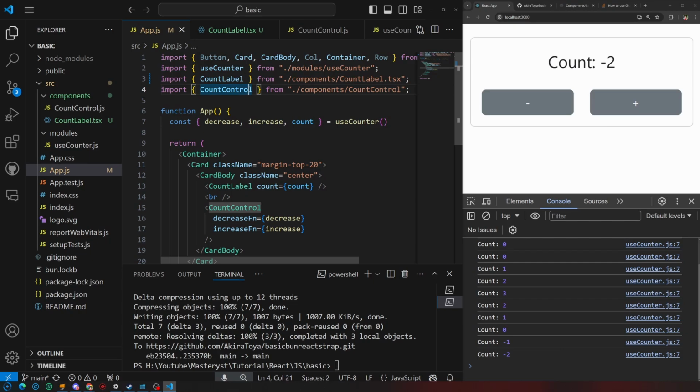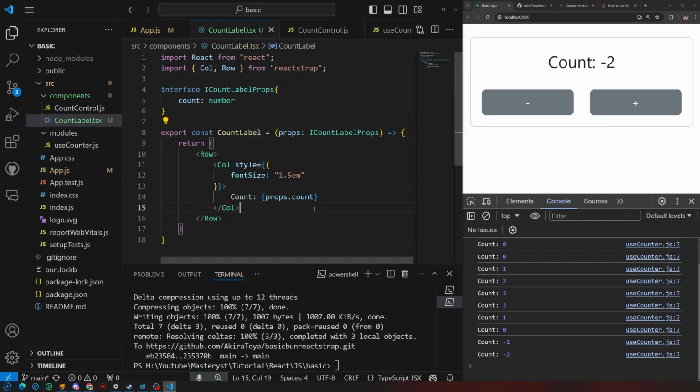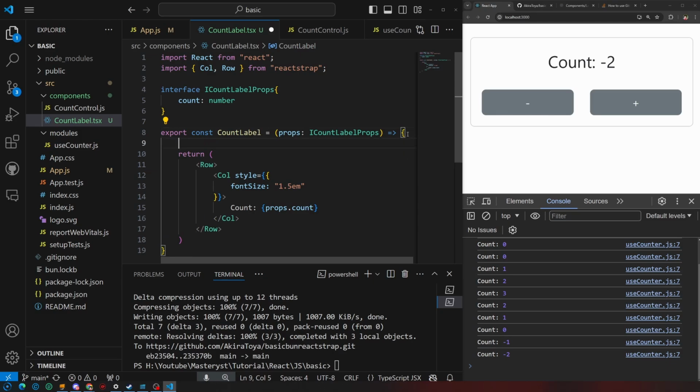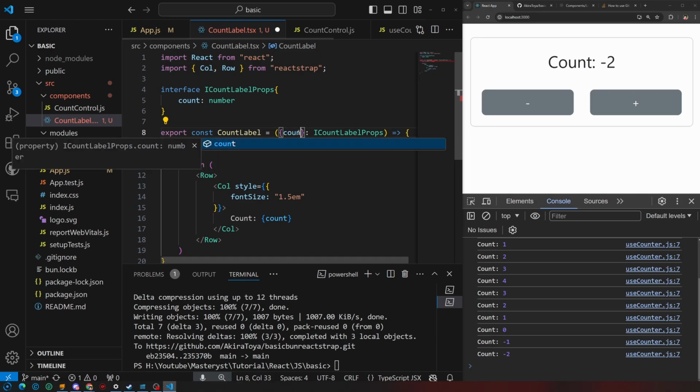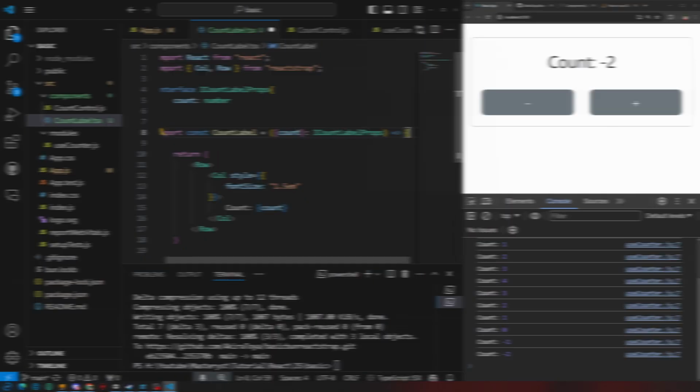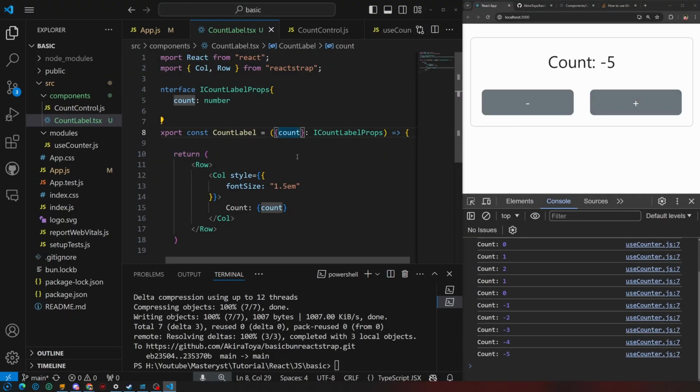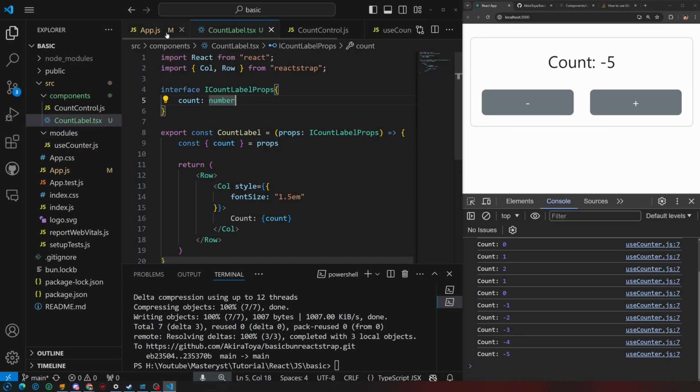I know what you're thinking right now. It's good that it has a type enforcer, but the code writing becomes bad because we need to use props.count, right? Don't worry, it's because I need to explain it to you first before we go further. Let's make it just like before. There are two ways. First, just break down the count from the props like this. Then you can already use count just like before. Second, you can do the breakdown on the parameter level just like this. That's it. Easy, right? You can use any method you want.